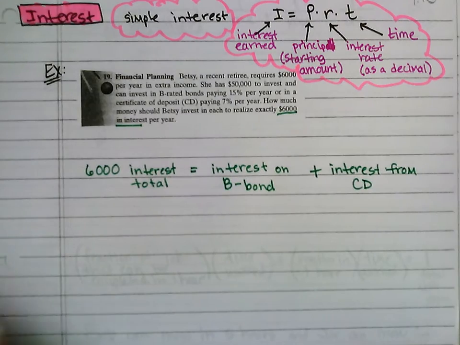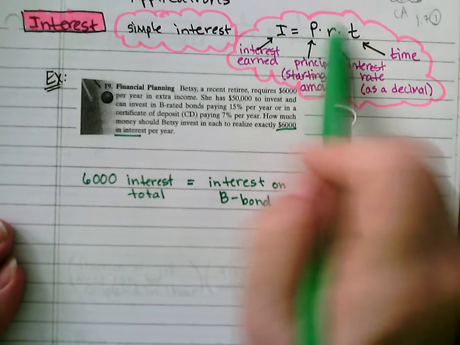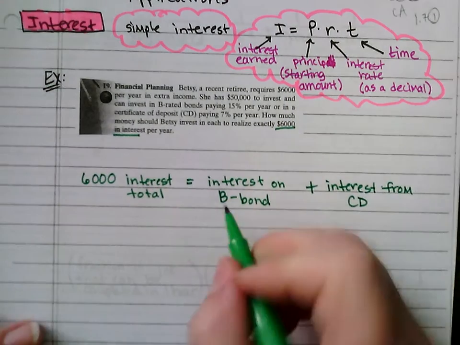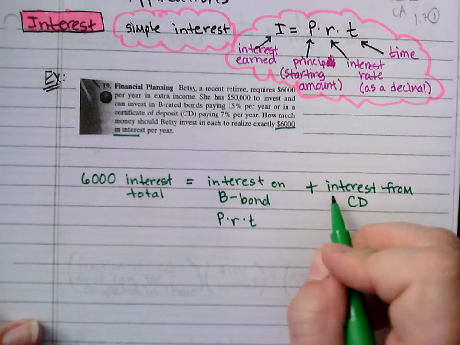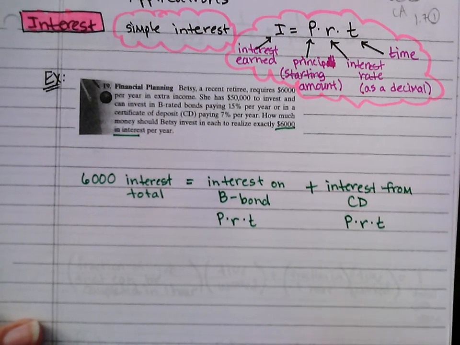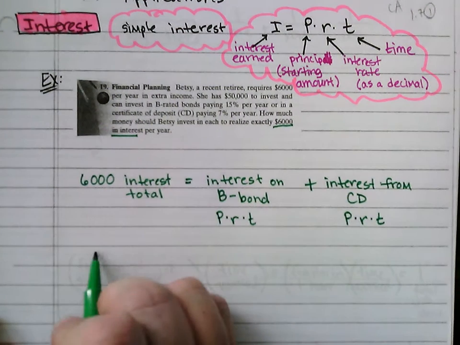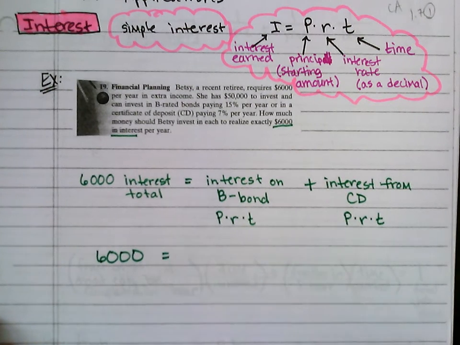So this little story problem has two of these formulas in it. For our interest in our B bond, we're going to have principal times rate times time. And for our interest from our CD, we're going to have principal times rate times time. So we've got to figure out what's going on with everything. So we're going to start with our formula. 6,000 is going to be our interest. And then for the B bond,